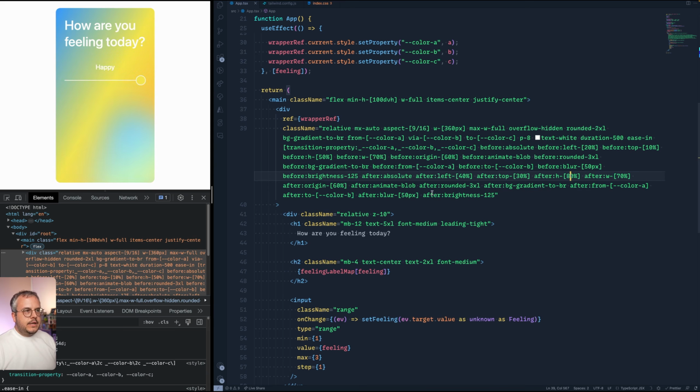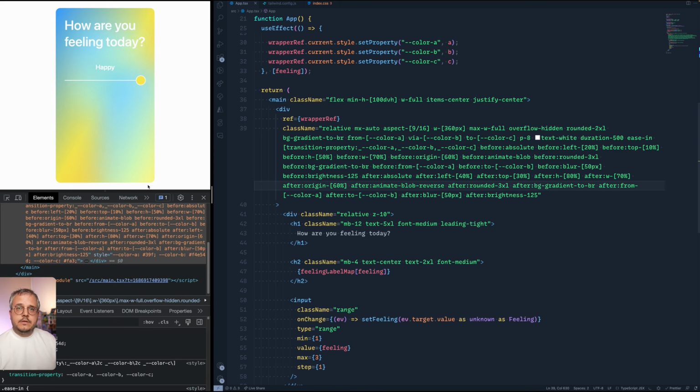And the only thing I did change though is that instead of animate blob, I also created an animate blob reverse, which actually runs the exact same animation, but in reverse. So we have some sort of more randomness to this. And then you already see that there's now 2 blobs moving around. And as soon as we now change this slider, you see that they take on the new colors. And they also animate because the whole property is animated.